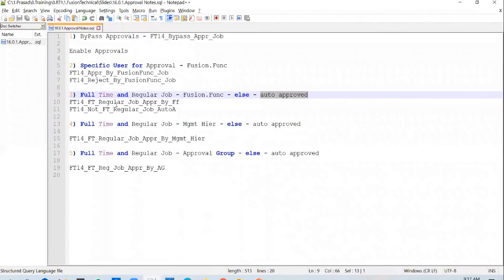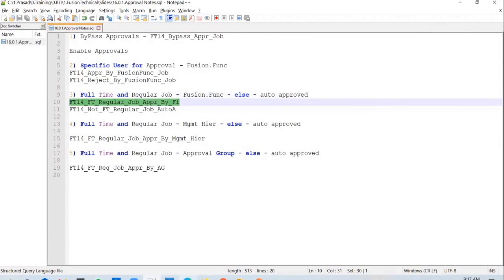Okay, and now you send in another request. Let's send in the full-time regular request first.